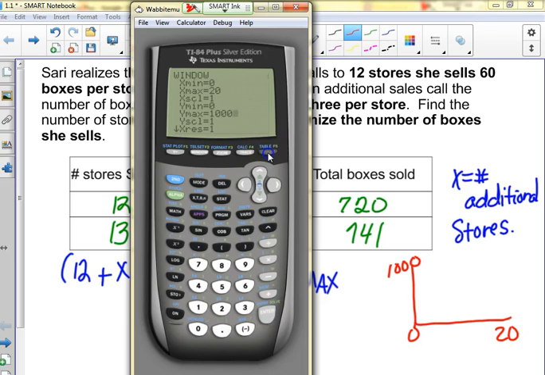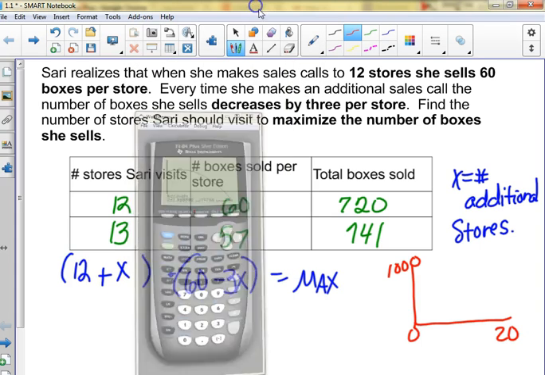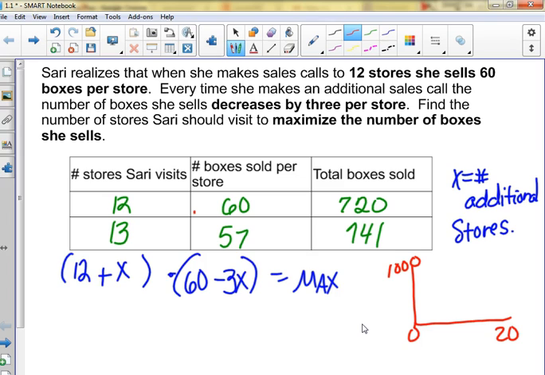What are we looking for in this window somewhere? A max. Does it look like this has a maximum in this window? Okay, so we're going to go 4. I'm just going to type in that it's somewhere between 0 and 20. I got a maximum at 4. This is calculator error. Some of you probably got exactly 4. Okay. So if x equals 4 is where the maximum occurs,